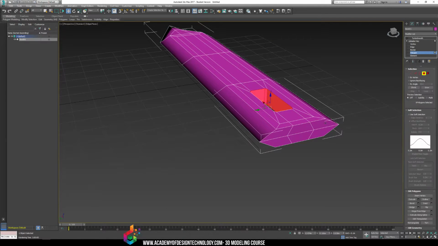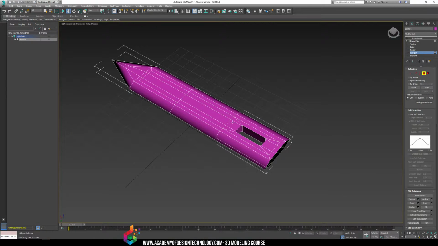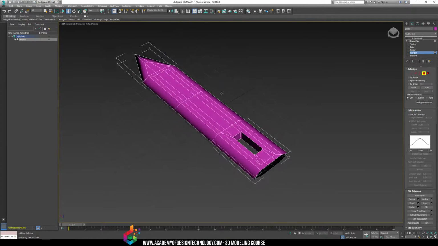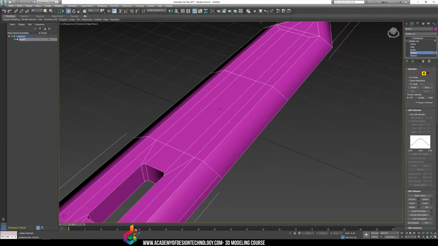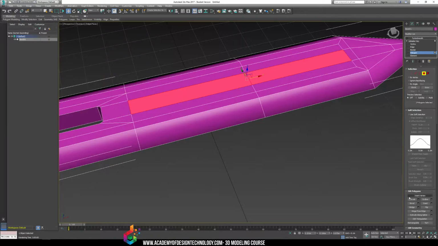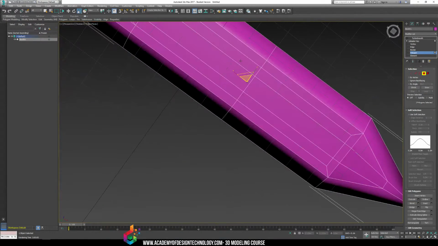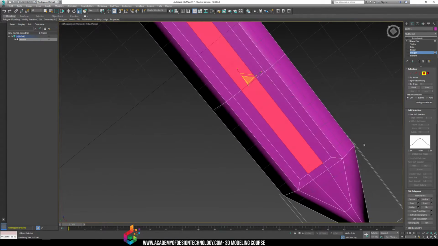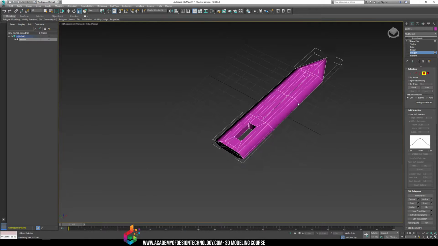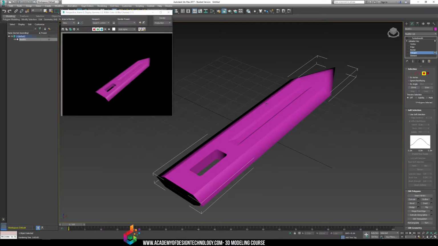I'm supposed to delete these polygons. These don't need to be here because there's going to be a handle that's going to take that place. And those have to be there because that's the hole in the sword. So right now, I would consider this maybe my finished model. Maybe I'll just extrude this in slightly. Scale it in a little bit like that. And I'll repeat the same process here. I'll extrude this in a little bit. Scale it in. And scale it in this way. There you go. So now I have my finished sword blade and I render it, and it doesn't look too bad,